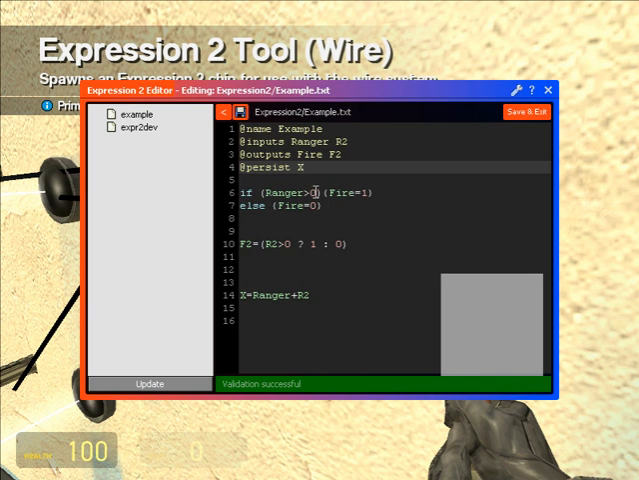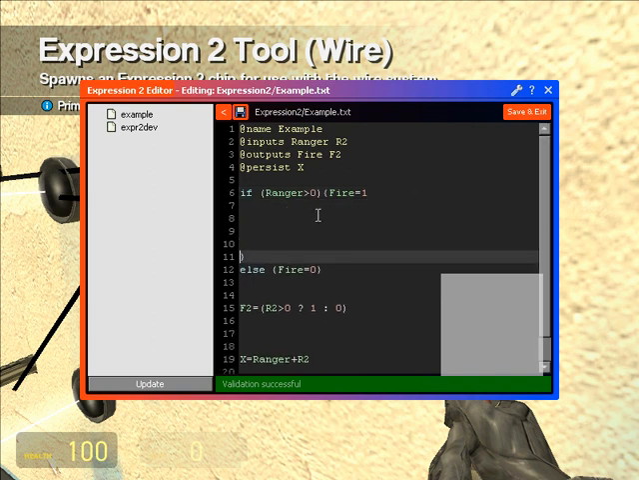Now, due to this new system, you do not have to leave these on one line. So right here, I could take the outputs list, and I believe if you're going to put multiple outputs, by the way, put commas between them. Note that. But you could actually just separate on multiple lines. So if Ranger is greater than 0, fire equals 1,